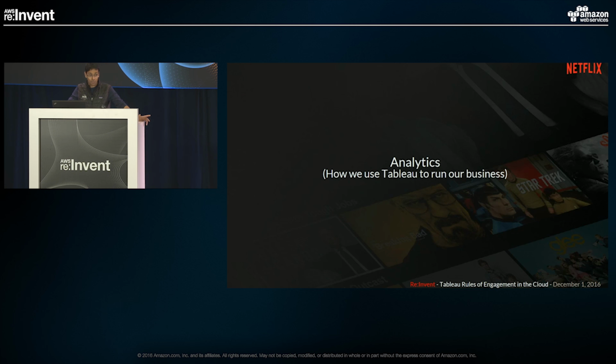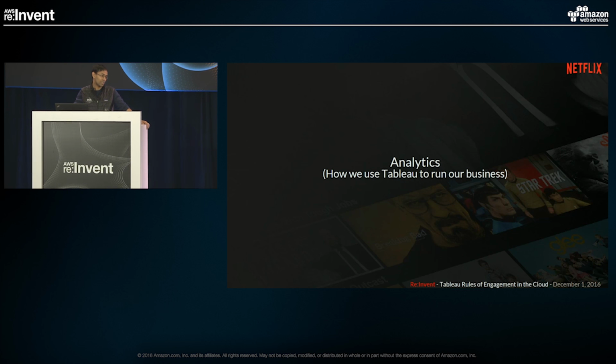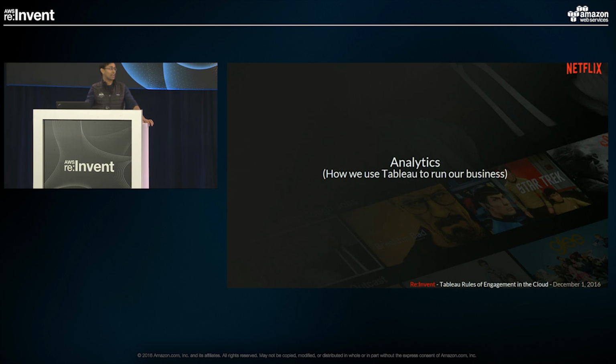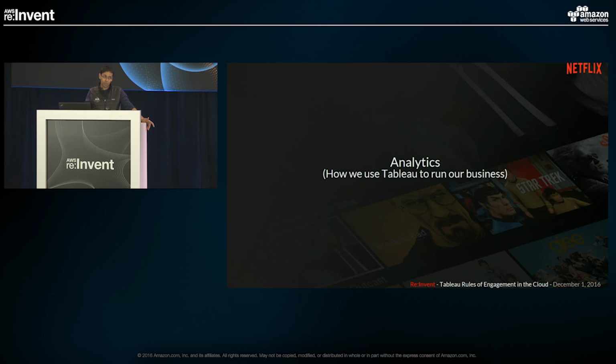And so Albert covered a lot of ground around the platform itself and how we set it up for scale. And so where I come in is how we leverage the platform for our own storage, processing, and to run our business, basically. And to make all the decisions that we need to make, optimizations that we want to do